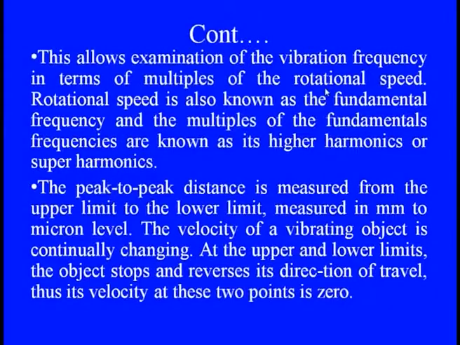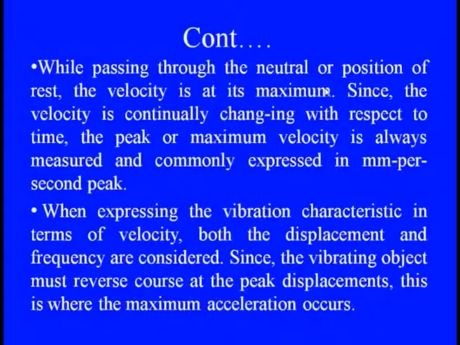And this is where the velocity of the vibrating object is continuously changing. The object stops and reverses its direction of travel at the upper and lower limits, simply providing its velocity at these two points, and in between we can see the variations of this velocity as it approaches zero at the upper and lower limits. While passing through the neutral position, or the position of rest, the velocity is at maximum. And since the velocity is continuously changing with respect to time, the peak or maximum velocity is always measured,